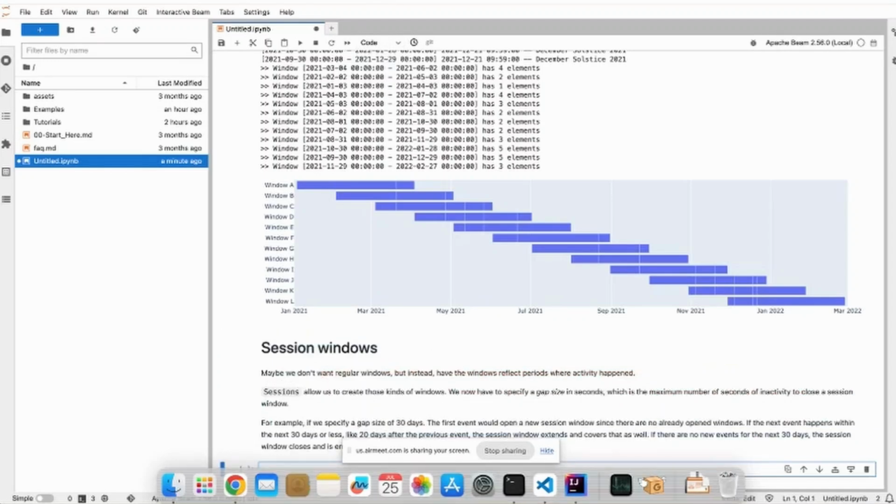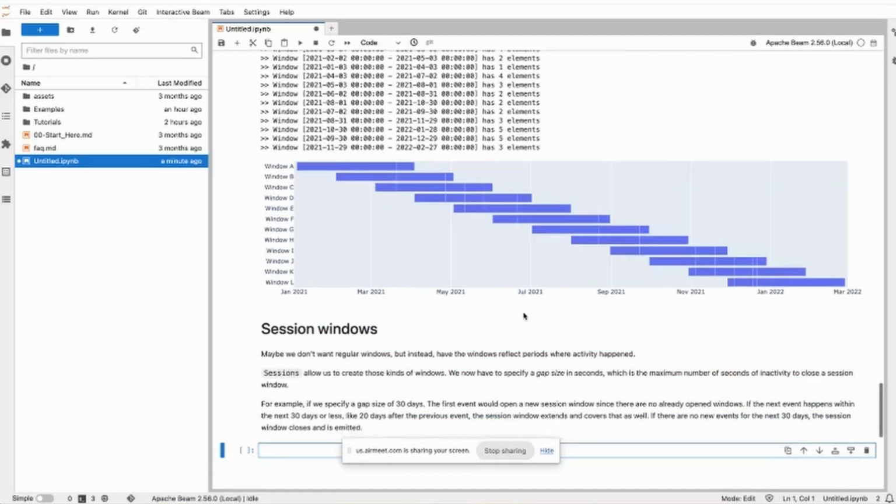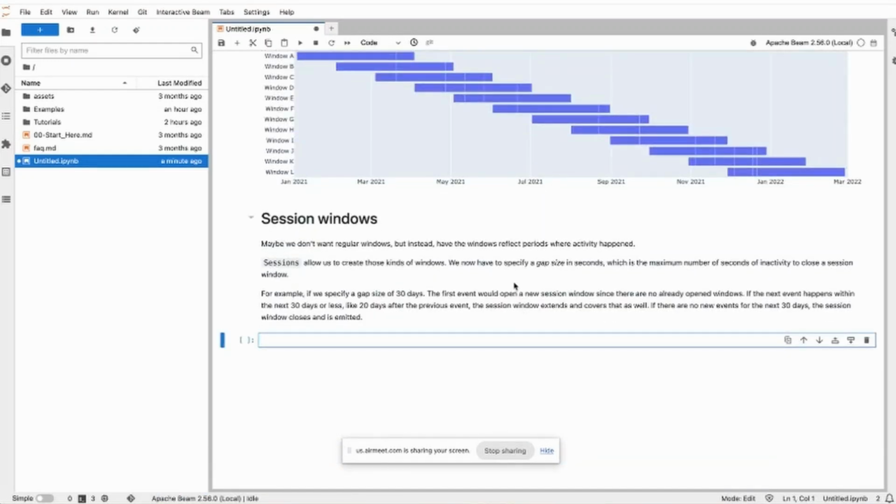And finally, the session windows. I pasted the description here. Maybe we don't want regular windows, but instead we want the window to reflect the period where activity happened. Session windows allow us to create those kinds of windows. We specify a gap size in seconds, which is the maximum number of seconds of inactivity to close a session window. So similarly, I have the code below